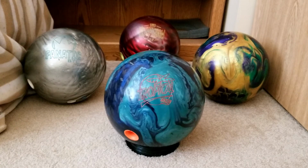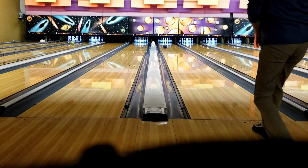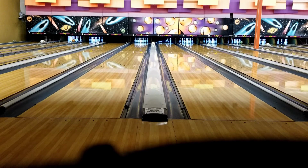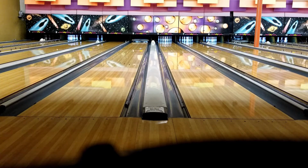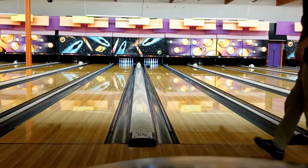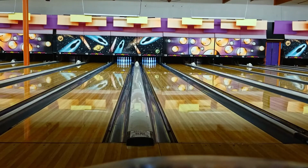As someone who started out back in 2017, I was looking for a bowling ball that could accommodate my learning curve on trying to figure out how to hook a bowling ball. So what I was recommended was an entry-level reactive resin. When I first got my bowling ball, I chose the one that's basically the cheapest, but this one had a really cool color that I liked, as well as this weird